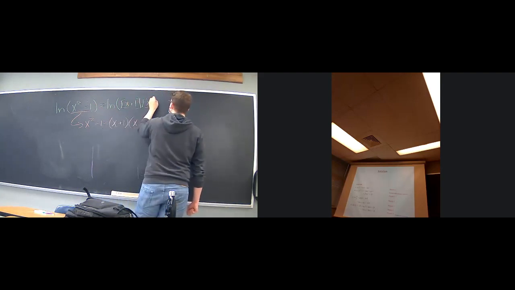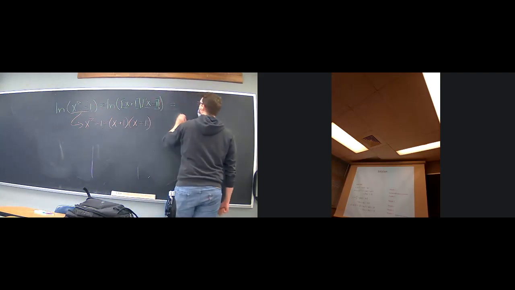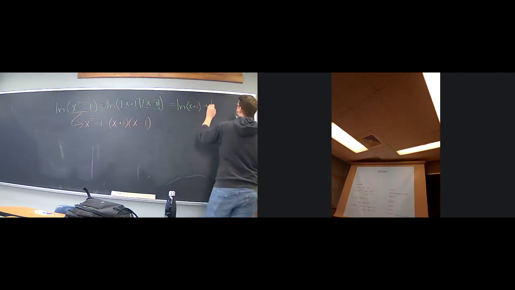So we can rewrite this then as the ln of x plus 1 times x minus 1, so this is going to come out to be the ln of x plus 1